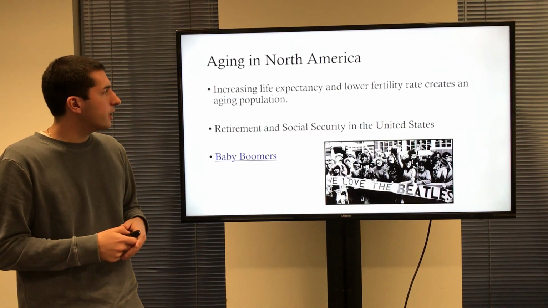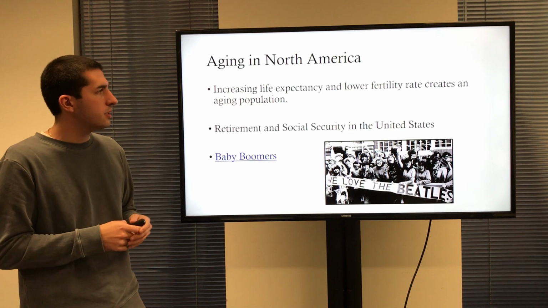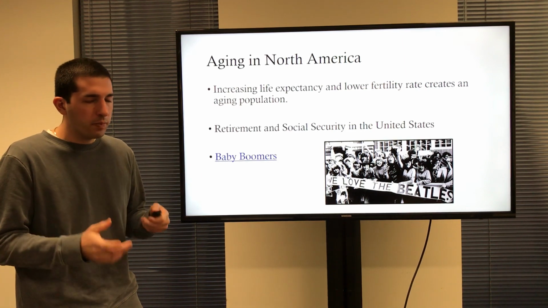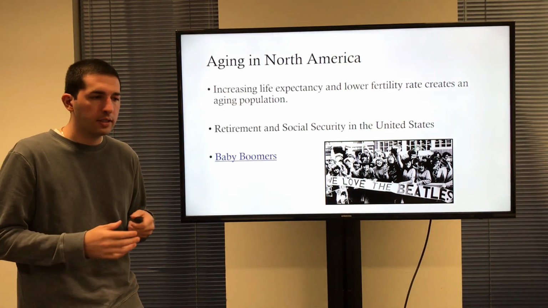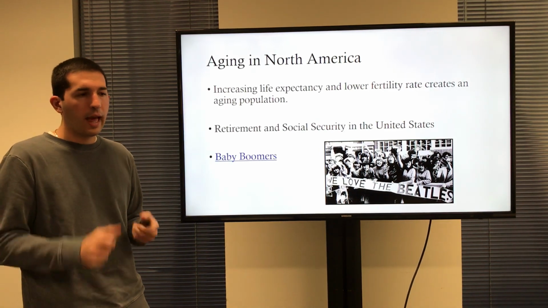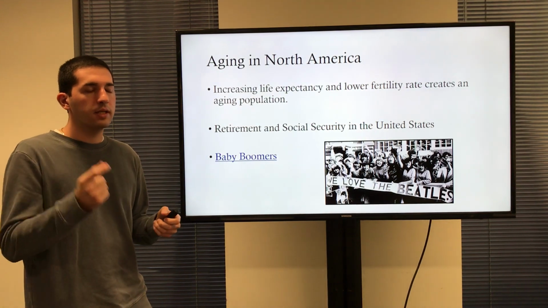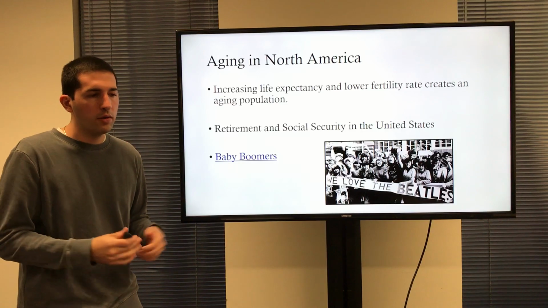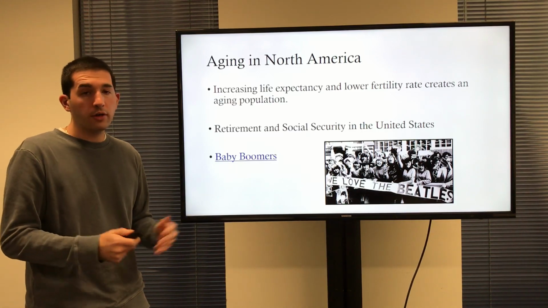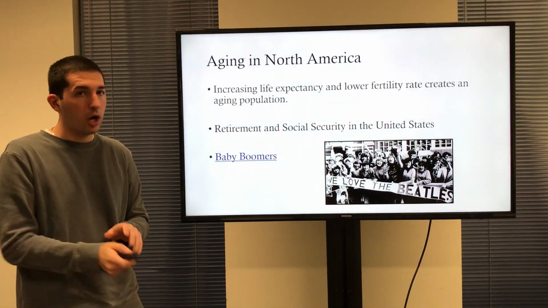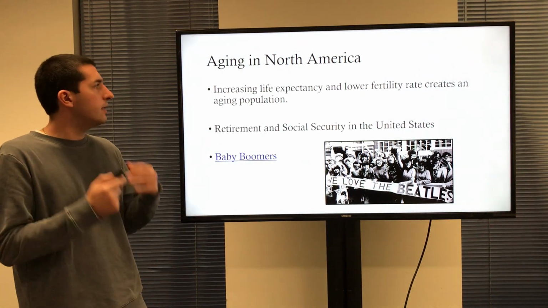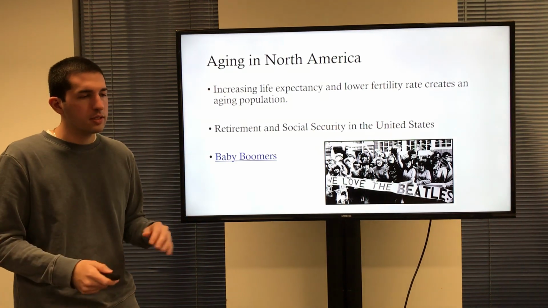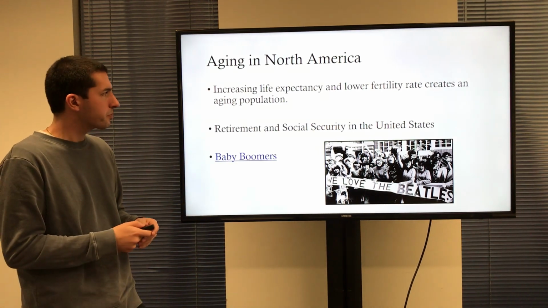Now, aging in North America: increasing life expectancy and lower fertility rates have created an aging population. The opioid epidemic has had such a profound impact on the country that for the last 2 years in a row, our life expectancy has actually decreased. That's attributed to the opioid epidemic, although there's also a narrative out there that it's not only the case. But generally, increasing life expectancy in this country, lower fertility rates, and fewer children being born has